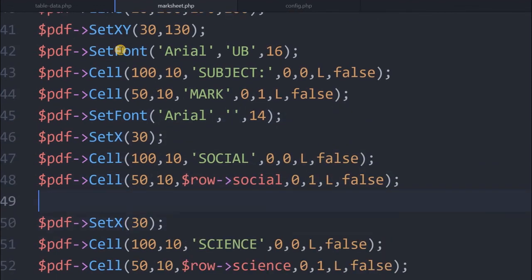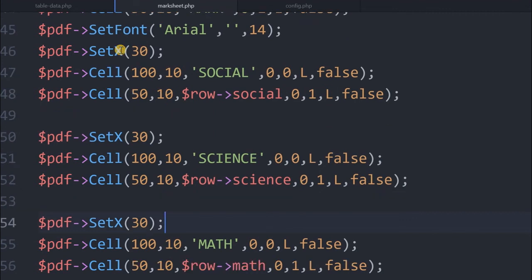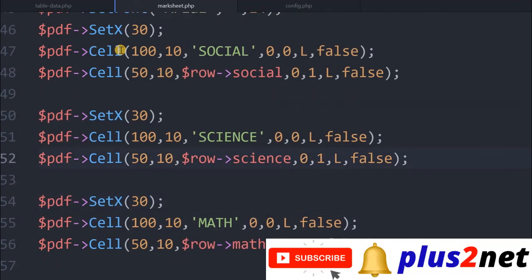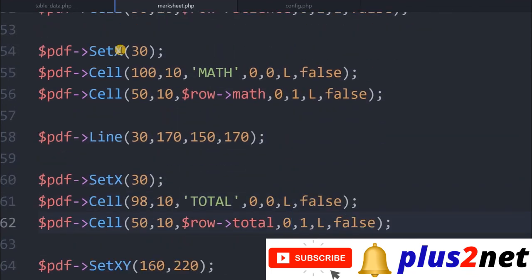Then again x came down, and the individual marks on the 3 subjects. So social, then the data for the social is printed to the right of it, then the science and the data for the science is printed. All these rows are the data taken from the database. So the math, then the total mark is also printed like that.